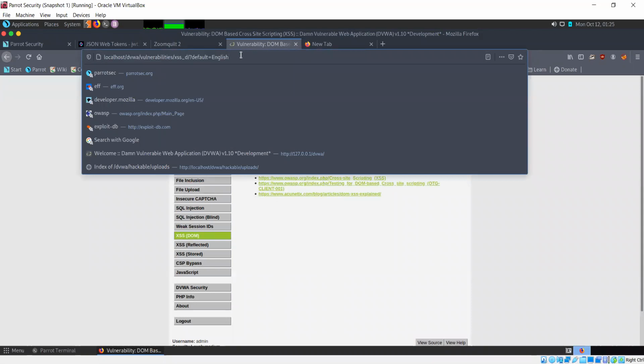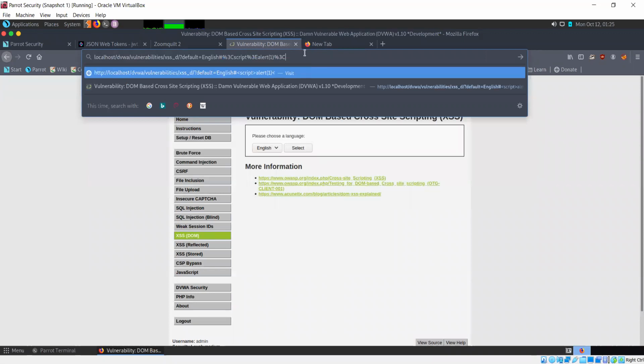What if I were to use an octathorpe here, and after that I inserted my script?